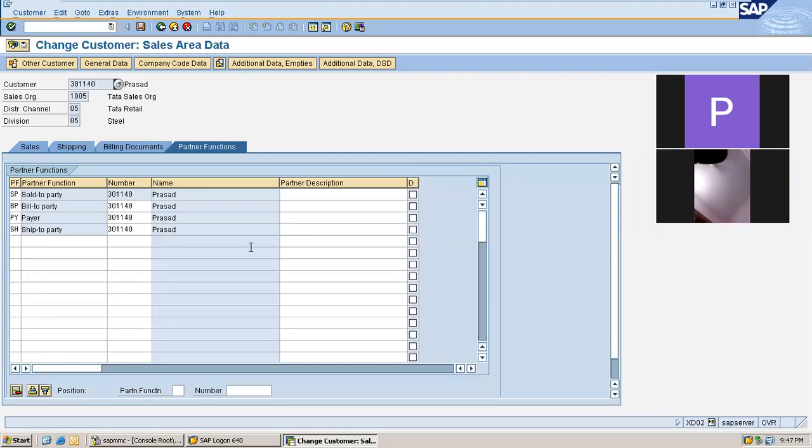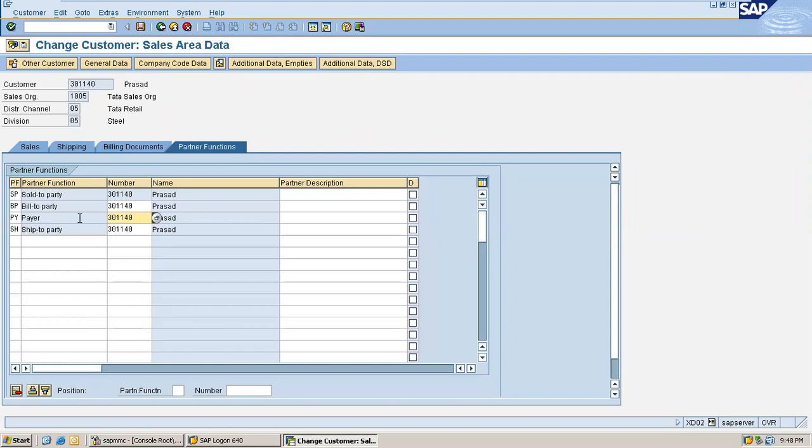And you have payer here, so he can also pay the amount. There is no separate partner function required. He can act as sold to party, bill to party, payer, and ship to party. So this guy got all the functionalities. You can assign a different ship to party as well.